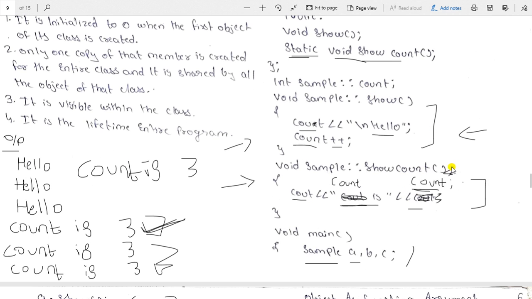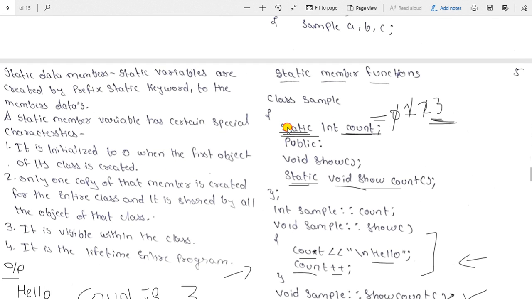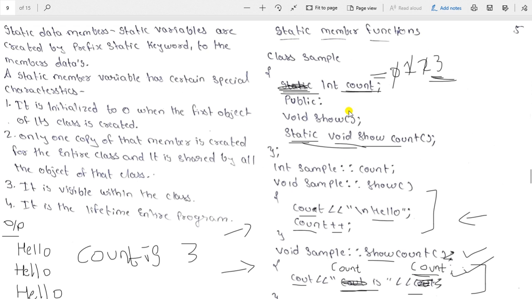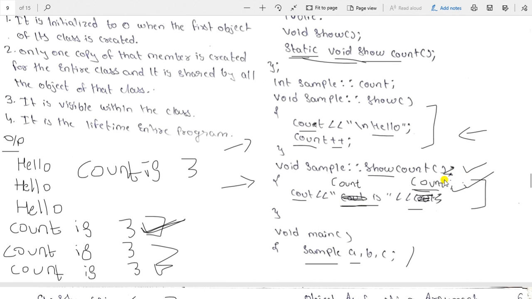That's why we printed the special variable count in the static function show count. If it were a normal variable, for example if I had not written static here and had written only int count, then I can't print count in the static member function show count, because it is a normal variable.